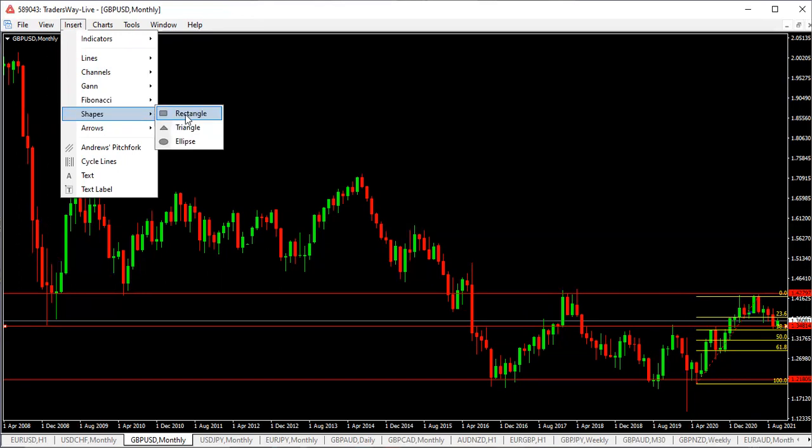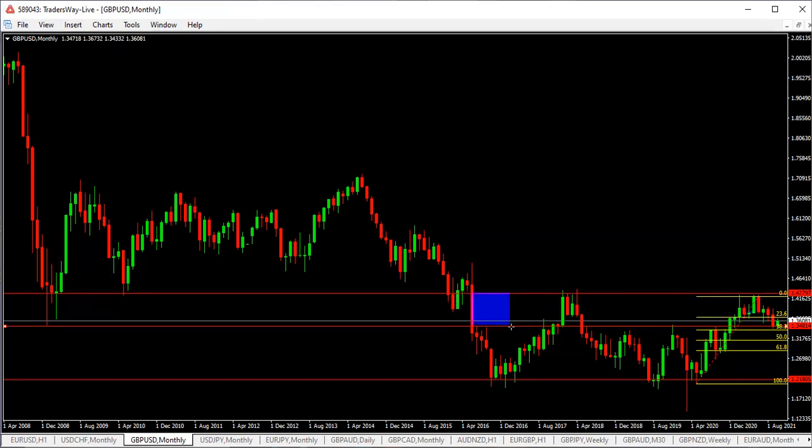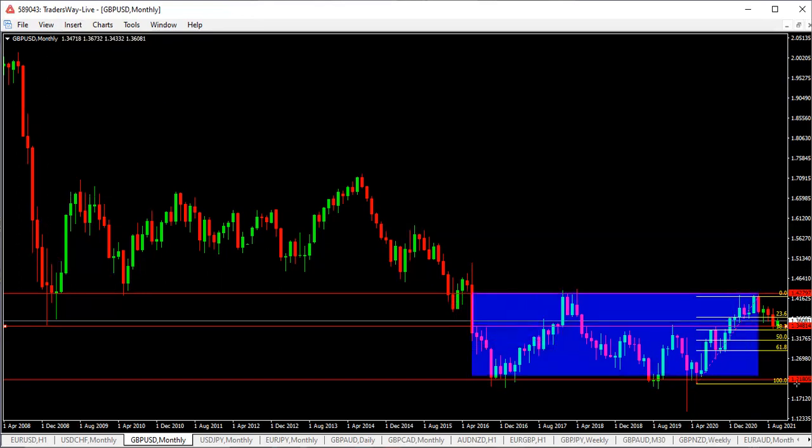Now, that is in the grand scheme of things. Let me draw my rectangle very big. In the grand scheme of things, that could very well happen. That could very well happen. So we have to wait because this is the range that we're playing with right now on the monthly